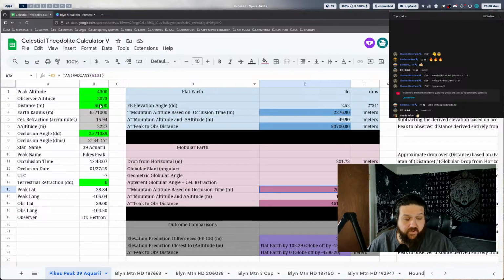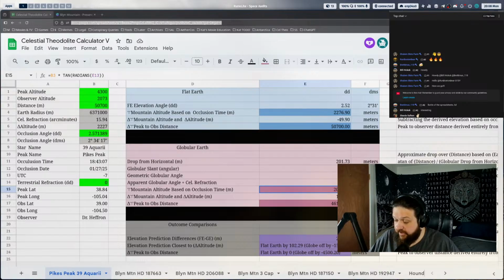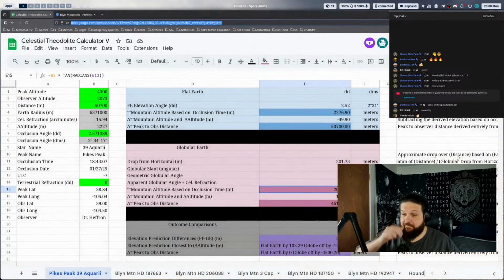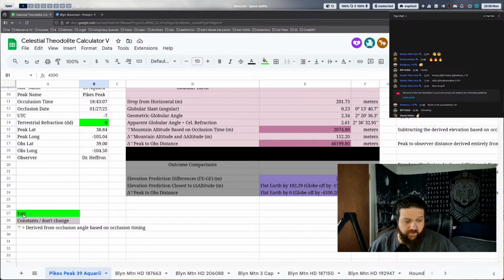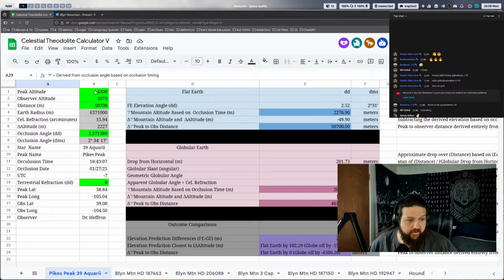All right, so to start us off here, to walk us through the spreadsheet, here's a link to the spreadsheet. Everyone can take a gander at it, look at the formulas, examine it. There's no extensions or anything on the back end. It's all just in the sheet here. So our inputs are going to be, here's the little legend here. Everything in green you can edit. Grays are constant. Anything that has the Aries ram sign is derived off of occlusion timings. So we come here, we start with the Pikes Peak example. We enter our altitude.